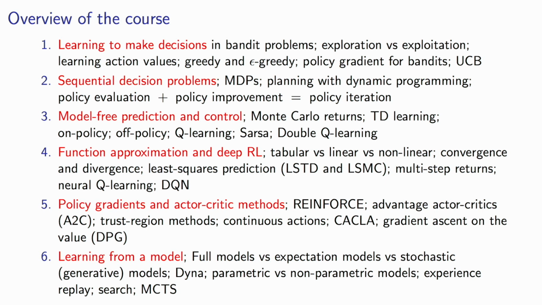For instance, this is what Q-learning does, which learns immediately about the greedy policy with respect to your current values, which allows you to more quickly optimize, in many cases at least. But it's a more general distinction. You could also just have some data, you're interested in a certain policy, but the data was generated with a different policy. For instance, humans did some things in a certain domain and you want to learn from that, but you want to see what would happen if you would do something else. This would also be off-policy learning. So the learning about a greedy policy is a specific case of off-policy learning.